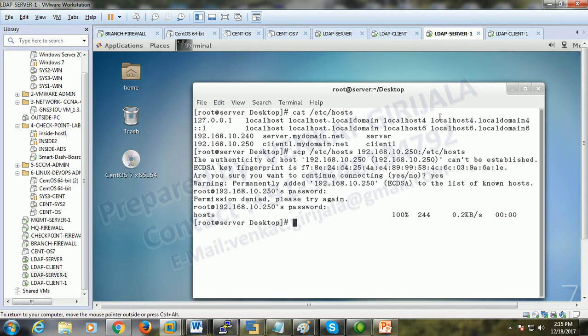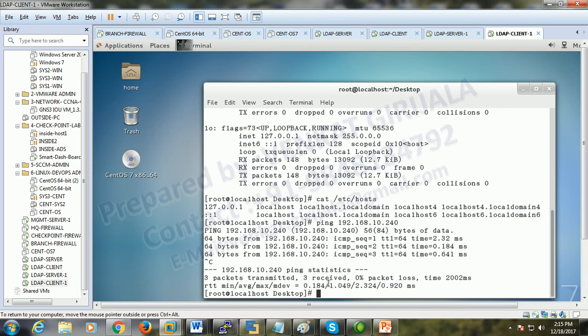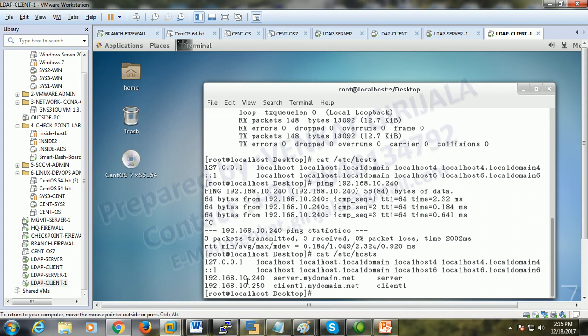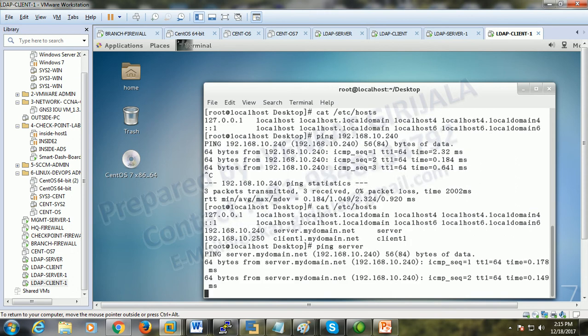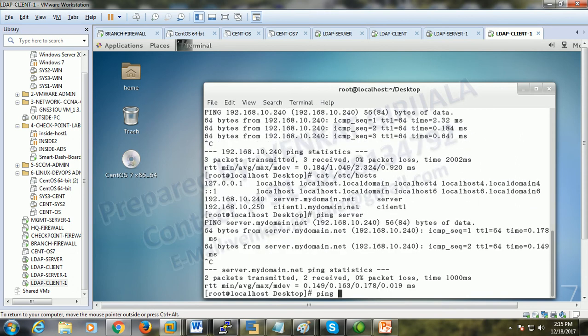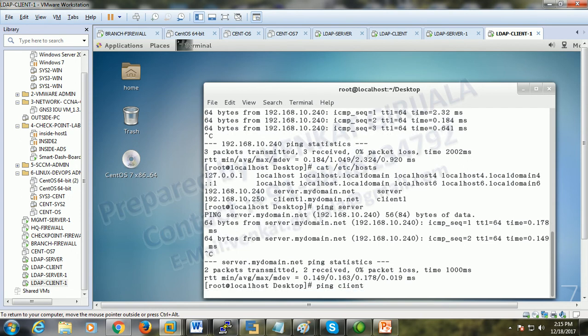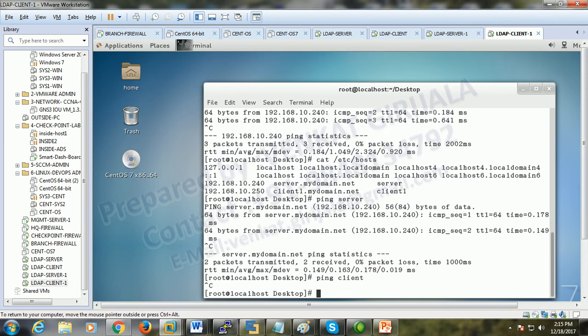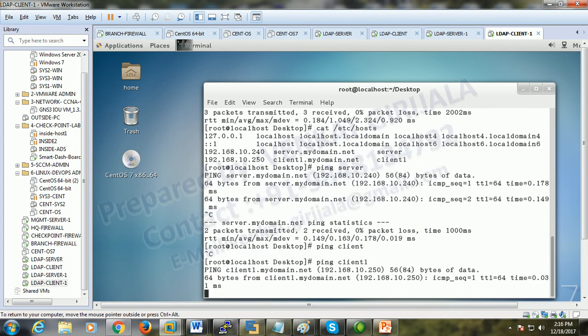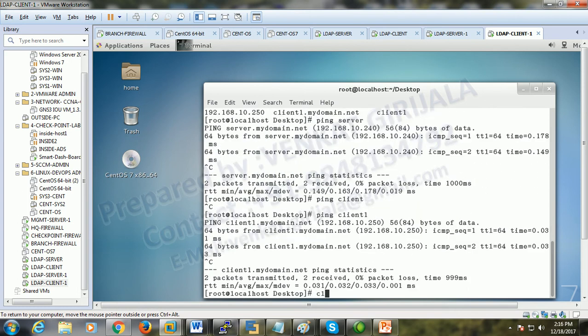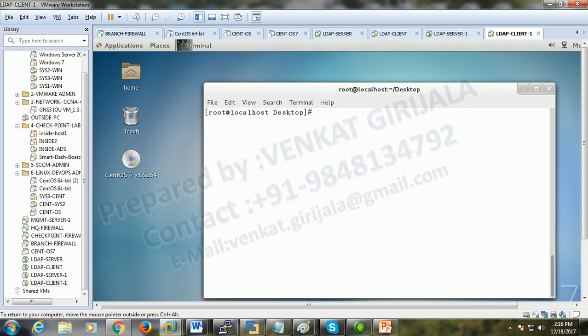So it's copied. You can check it in the client machine; before, the records were not available. Now we can say we got all the records. Now we can go for ping server. It is going to work. And ping client. I want to communicate with the host names. So the client one, right? So it's working now. The next step, what I will do is, in the client machine also,